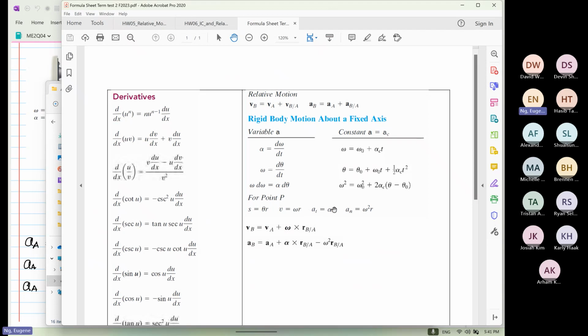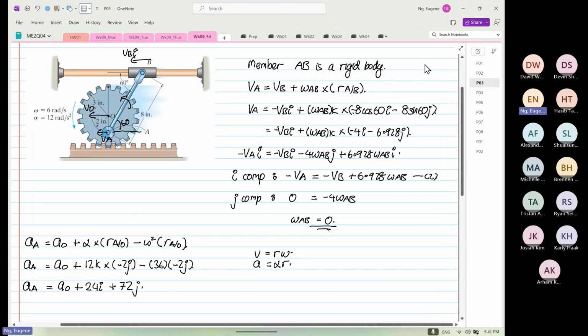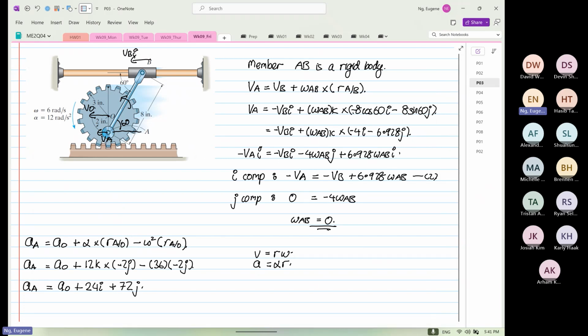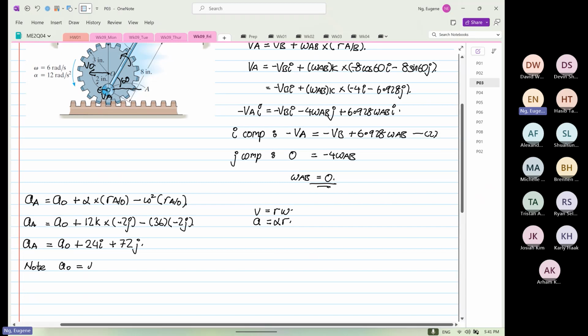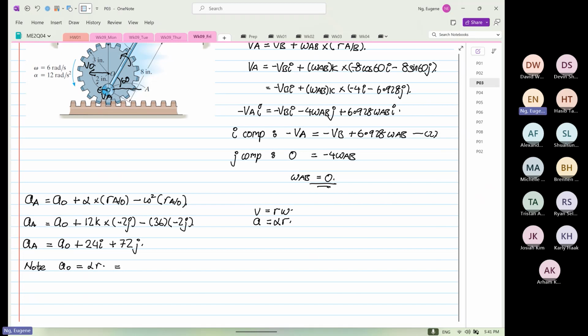Can you all see this? Yes or no? Right? You can see this, right? So this is equal to what? Alpha R. So in fact, we can determine what is our A naught, right? So note that A naught is equal to alpha R. Okay. So alpha is equal to what? 12. And the radius is equal to 3. Right? So 12 times 3 is equal to what? 36